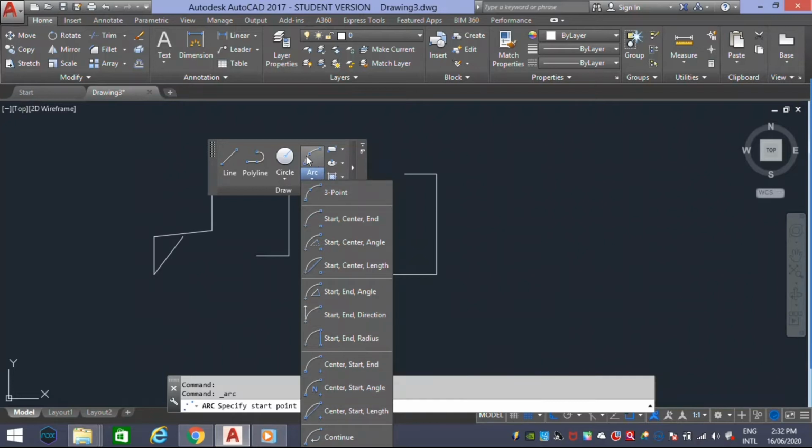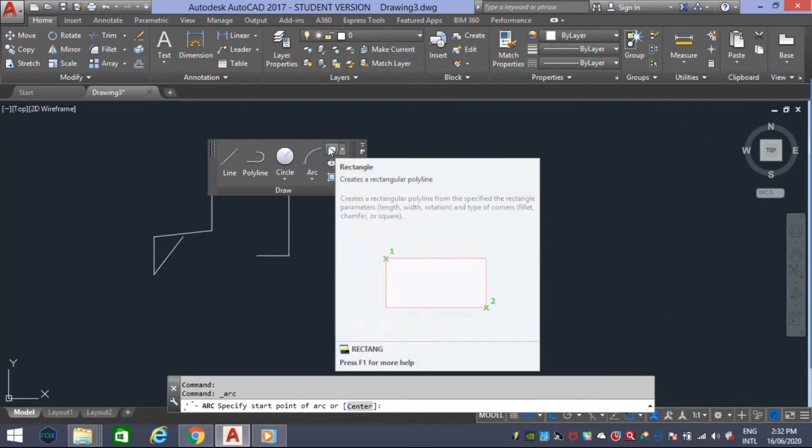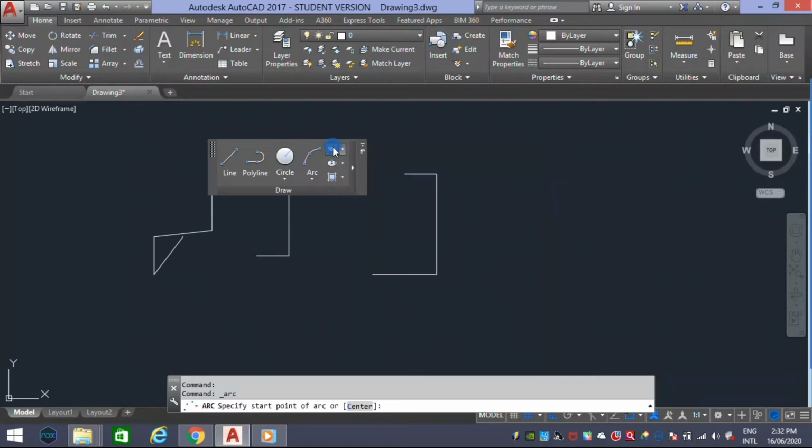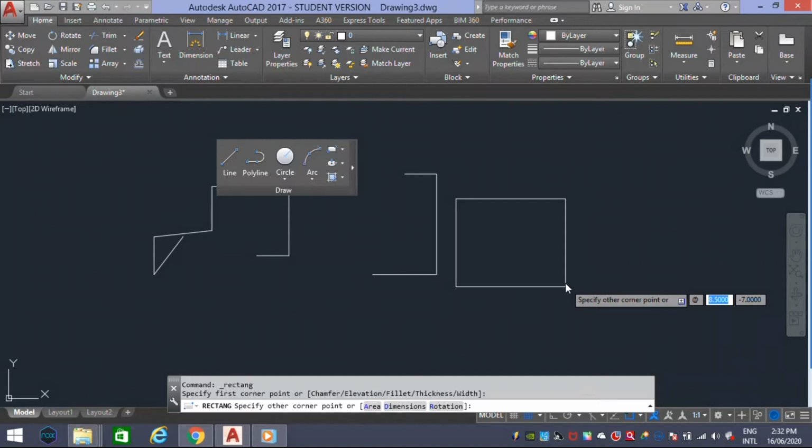And our next tool is rectangle. It creates a rectangular polyline. We can also give an XY formula, that is at the rate of x comma y values. Suppose I want a square, at the rate of 5 comma 5. That's it. Enter. No need to give two separate lines.